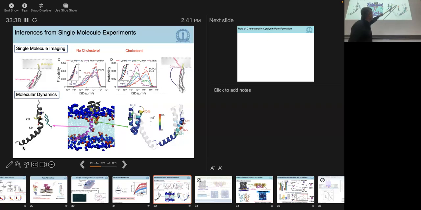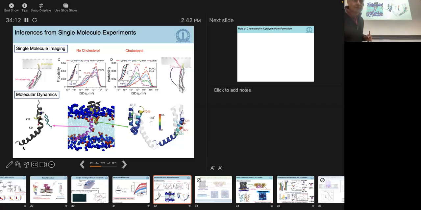So there was some indication that the beta tongue that is inserted there and the alpha helix that's inserted here have cholesterol binding motifs, and there are these CRAC motifs, which are cholesterol recognition and consensus motifs, put out there in terms of the sequence of residues which would bind cholesterol. And we find that the tyrosine here has a strong cholesterol binding affinity. So this was our initial simulations, which told us that there are some binding sites for cholesterol.